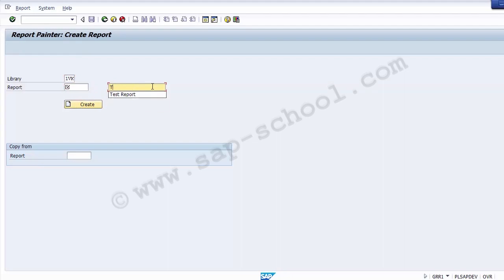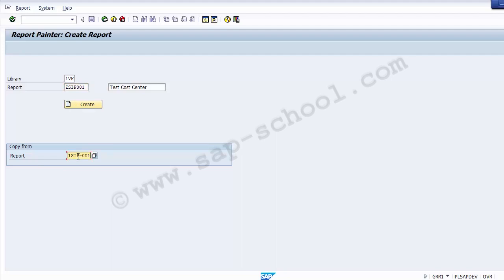Suppose the report name I am assigning is Test Cost Center, and I am taking it as ZSIP001,